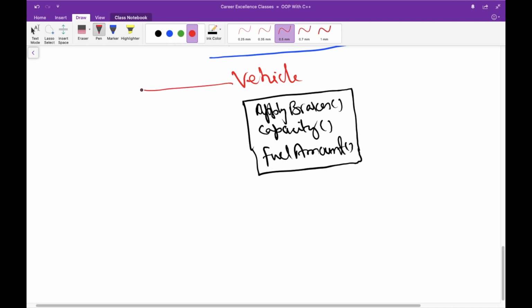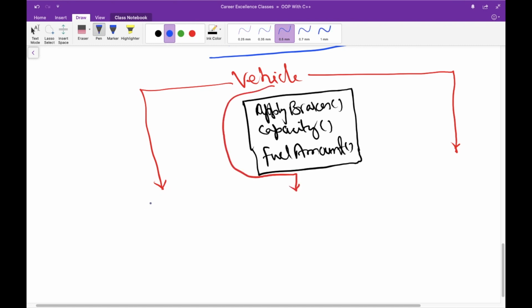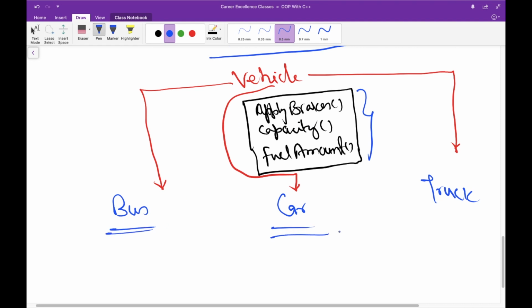Now what you have to do, you have to just inherit this class in other three classes. And what are those three classes? One of the class is bus, car, and truck, right? So all these things, whether these are methods or data members, these will be automatically inherited inside these classes. You don't need to write these things. Clear? So I will show you all these things practically in later part of this series of tutorials. But let's first talk about the way you can implement inheritance in C++.